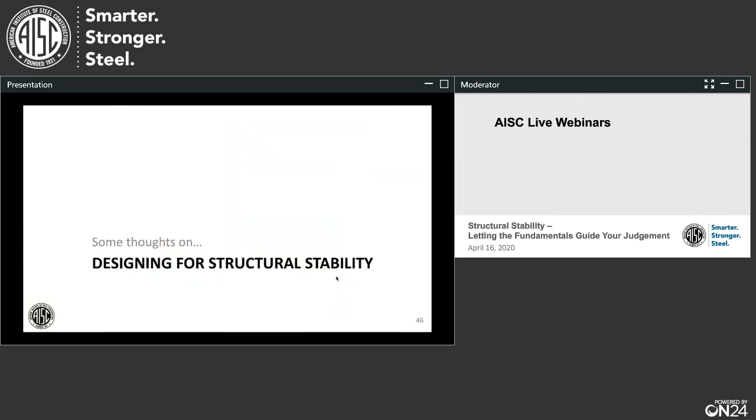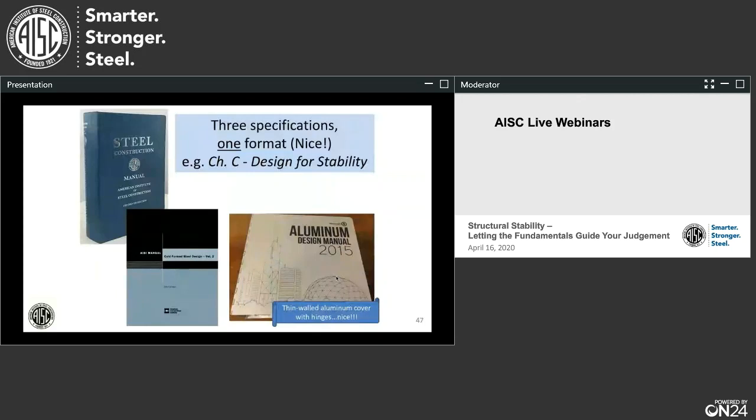All right, let's talk a bit about designing for structural stability. This is one neat spot to just start. In the U.S., anyway, we have three different specifications. Upper left is for hot rolled steel. Lower left is for thin wall or cold formed steel, and then lower right is not a steel specification, but an aluminum design specification. Now, I have the pleasure of serving on the specification committees for all three of these,